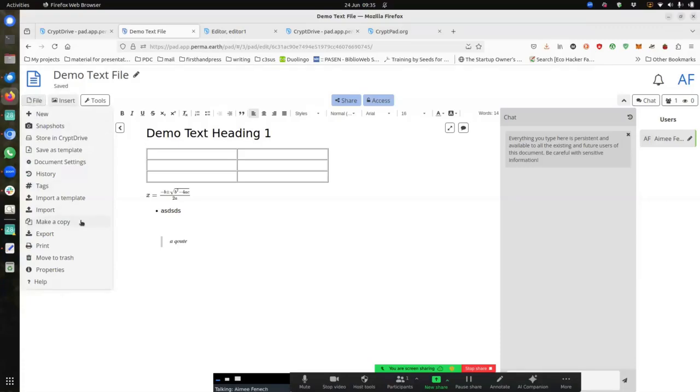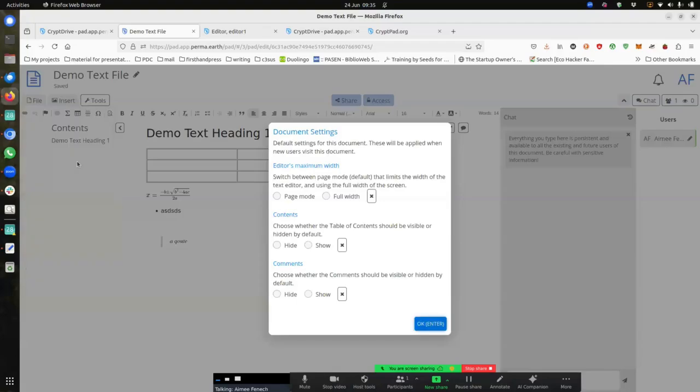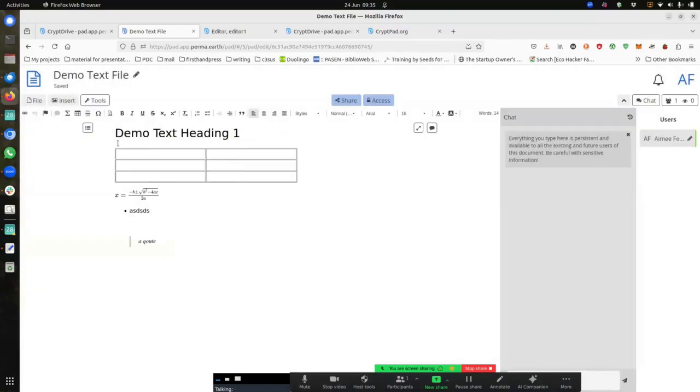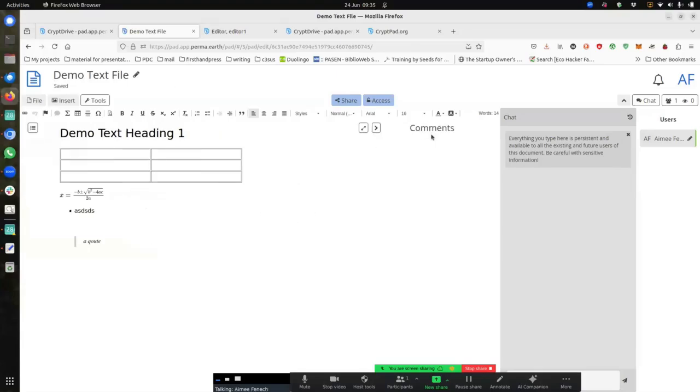You can make a copy. And you can change also the mode that you're looking at it for. So, for example, page mode. Contents, you can hide the contents bar there on the left. Hide. We'll make it go away. And you can also show comments. It's just hiding. You can add comments here by simply clicking on the little cloud there, a comment,